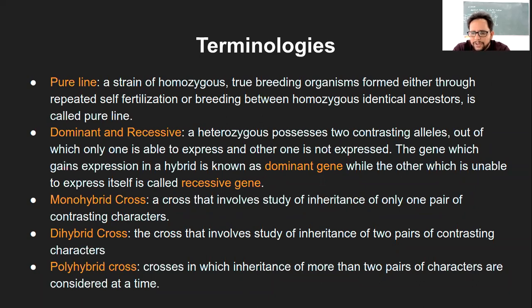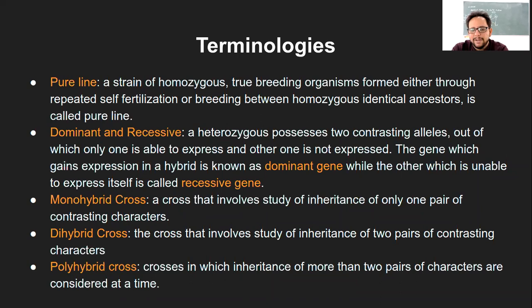That is, for seed color, if seed color can be of two types, yellow or green, seed color is one trait, and for that there are two contrasting characters, yellow and green. Or plant height is one character and it has two phenotypes, tall or dwarf plant. So when we do these types of crosses with homozygous individuals, homozygous for tallness crossed with homozygous for dwarfness, or homozygous for yellow seed color crossed with homozygous for green seed color, that type of cross is called monohybrid.